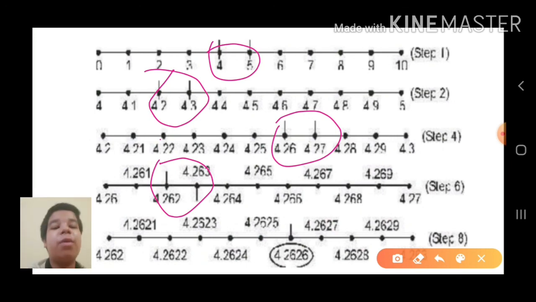Again divide this interval into 10 equal parts. Now the numbers formed would be of 4 decimal places, so we will get the answer on this number line also. The numbers would be 4.262, 4.2621, 4.2622 and so on. Now the sixth division of this magnification is where our number lies. And so we have got the answer.